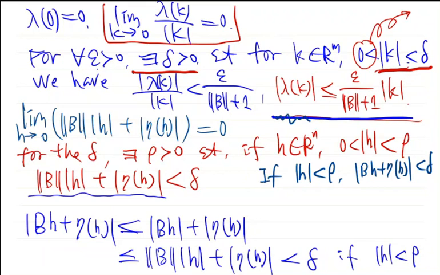Therefore, by this inequality, we will see that, because the norm of bh plus eta h is less than delta, this bh plus eta h can be the k here. So lambda bh plus eta h